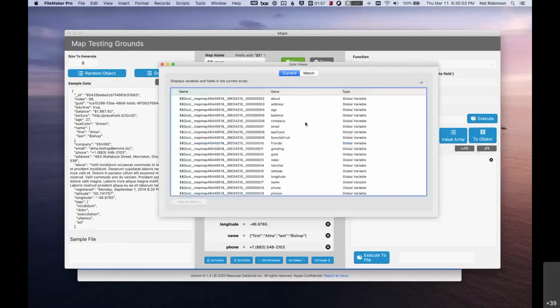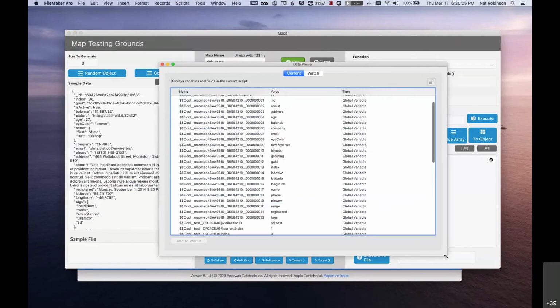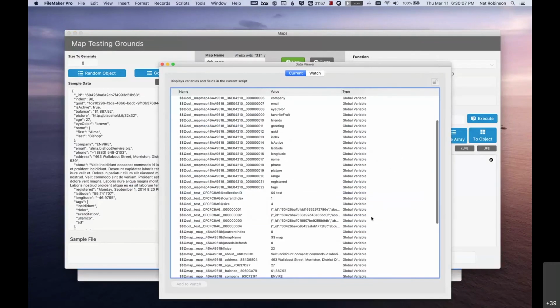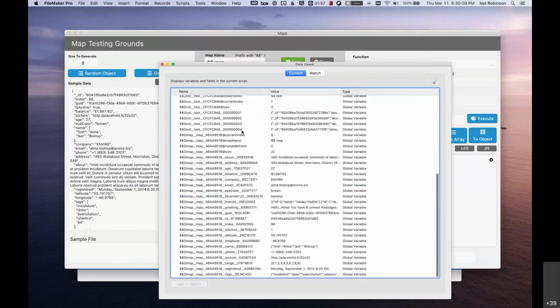So the data viewer here looks somewhat reminiscent, right? We're going to go down here to the map. We have an index for when we do want to iterate. We have a map name. Needs refresh, I'll explain in a little bit. That has to do with when you continually set the same key over and over, not thinking that you have 2 of the same keys, right? It tells you what the size is, and then,